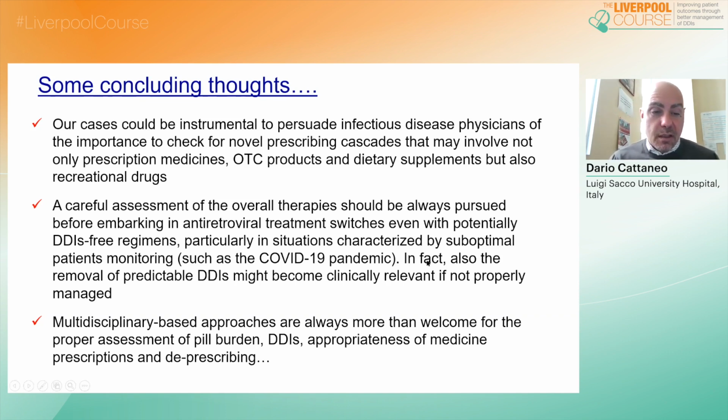And finally, we are really convinced that multidisciplinary-based approaches should always be pursued for the proper assessment of pill burden, drug-drug interaction, appropriateness of medicine prescription, and also when